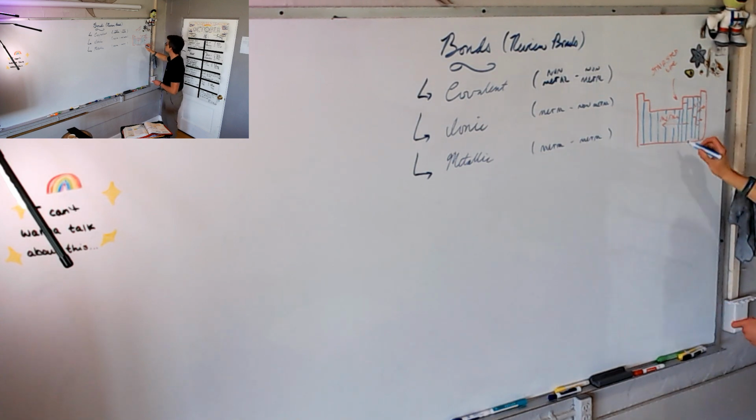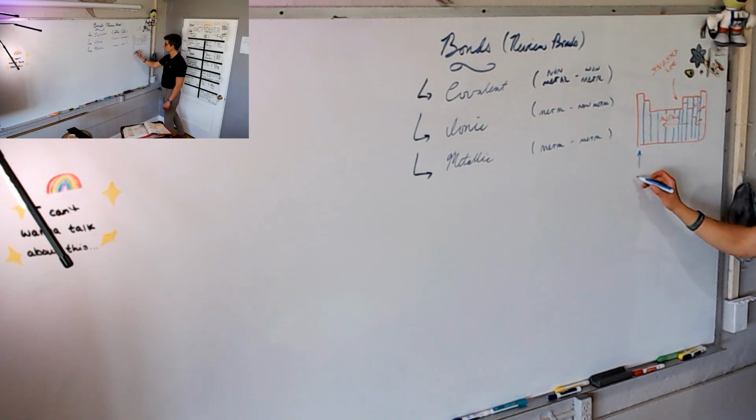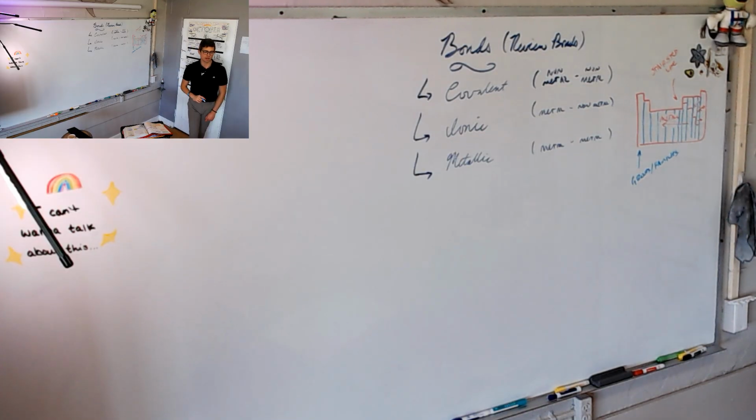We're diagramming the individual whats. What are these blues? Columns. Columns is an okay word, but that's not what we call them on this periodic table. What do you call them? Great. Groups, or we also call them families.